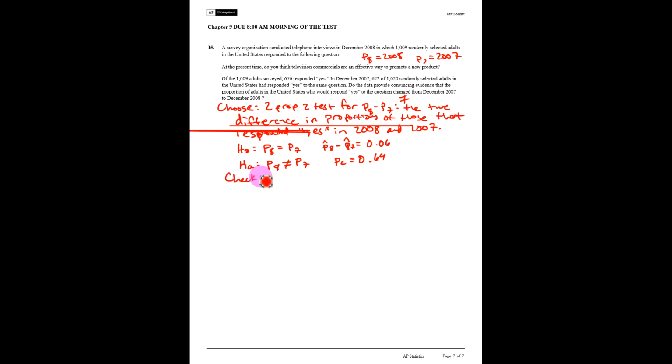Check conditions. We have independent random samples, as stated. We have two separate ones. We have a different random selection in 2007 and a different random selection in 2008. It's not the same group that's being polled twice. We have two independent random samples. And we can assume, here,